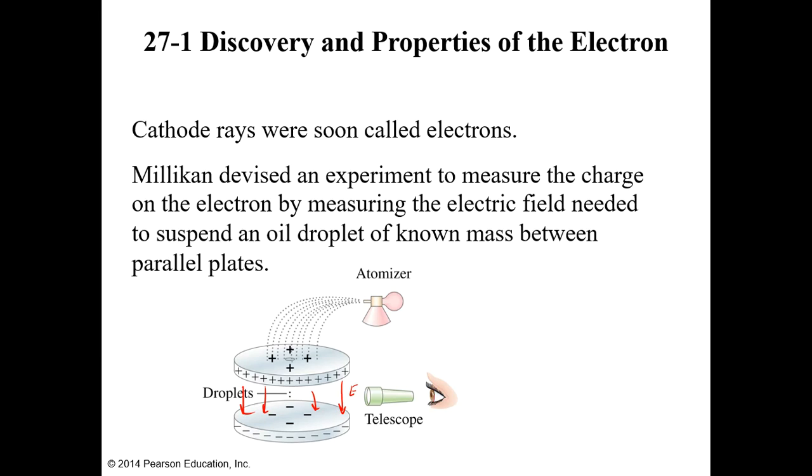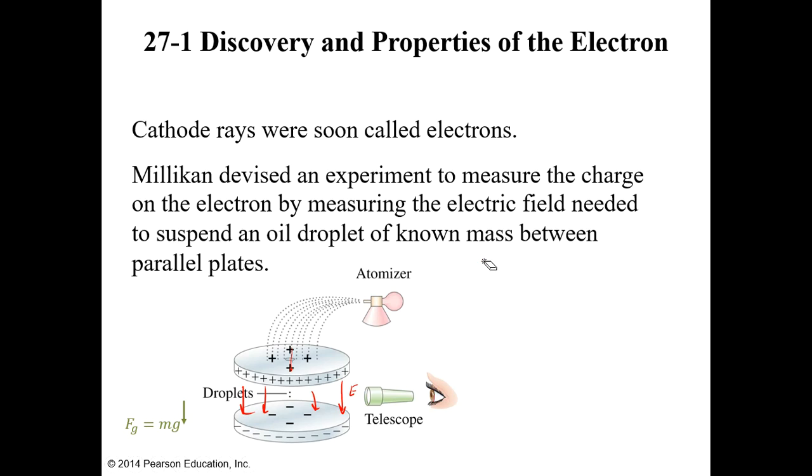And he used an atomizer to create oil droplets that would then come through this hole and then would be suspended in the middle of these two plates. They would just float. Now he found that he had to have a particular electric field to do this. Well, that's okay because it actually helps us. Because we know that these droplets have a weight, and that's what's pulling them downward. But these droplets of oil have a negative charge,